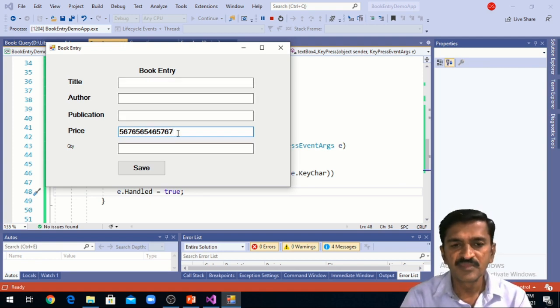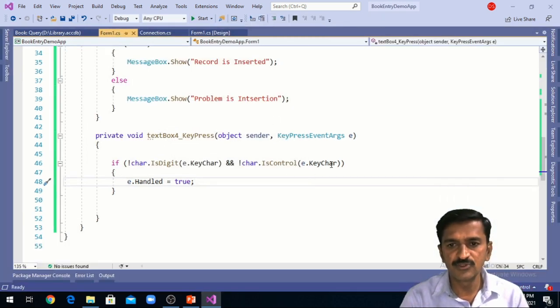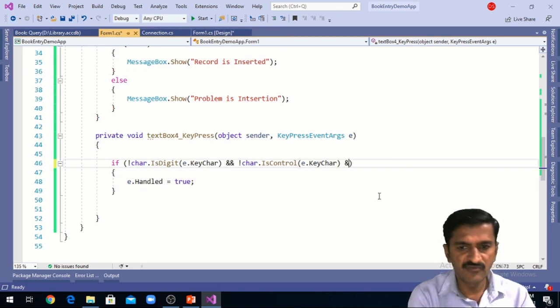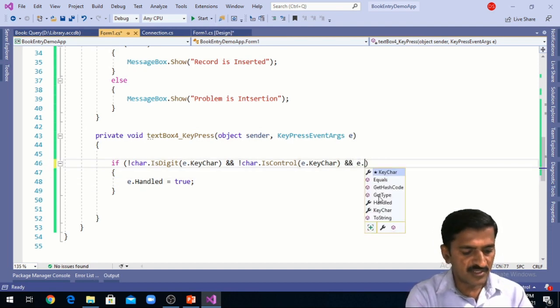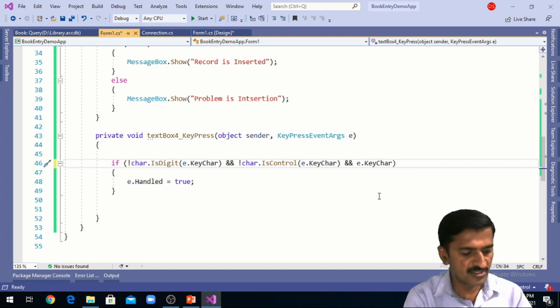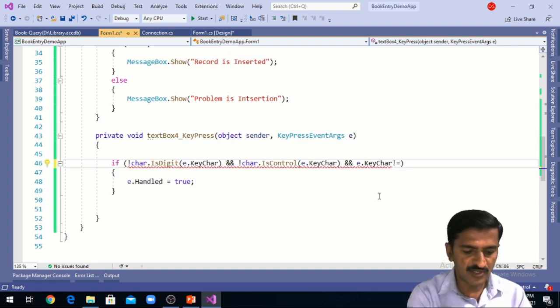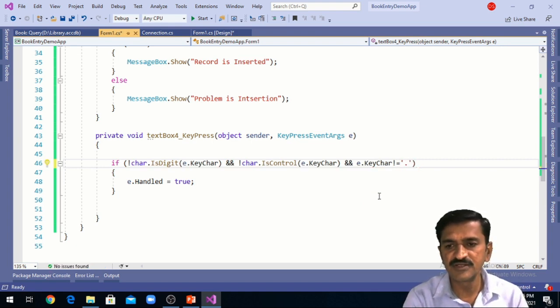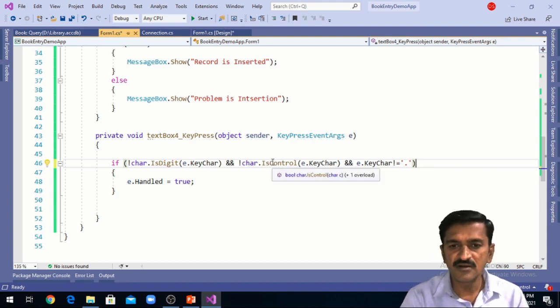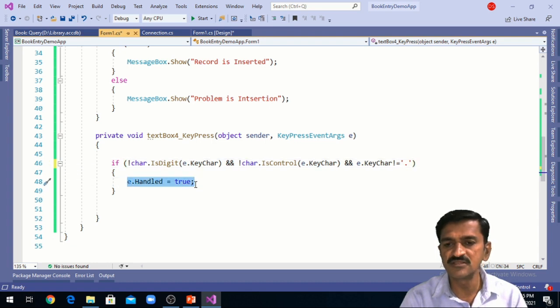If you want to accept the decimal point, you have to concatenate one more condition to this. The condition will be e.KeyChar is not equal to the dot. If the character we have entered is not equal to the dot, is not a control key, and is not a digit, then we simply have to ignore the key entered by the user.